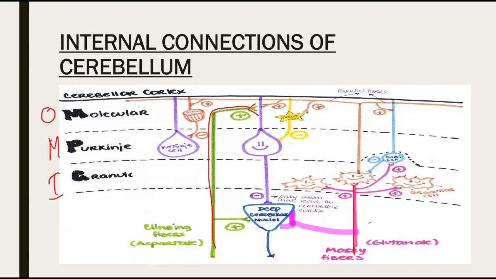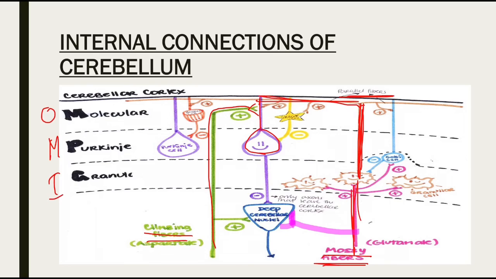Two main inputs. One is the climbing fibers and the other is mossy fibers. These climbing fibers directly project on the Purkinje cell. The mossy fibers will project onto the granule cell. But these mossy fibers will project to the Purkinje cell via these parallel fibers, which are the axons of